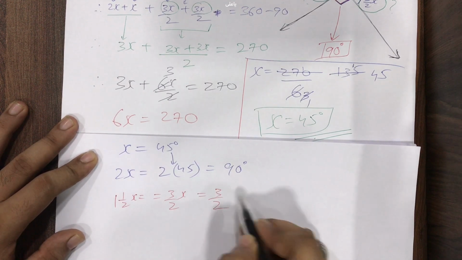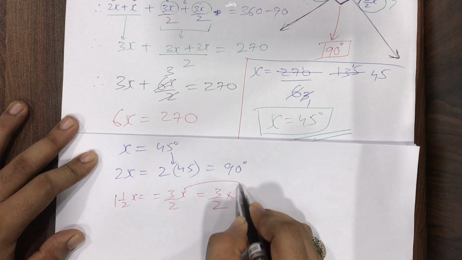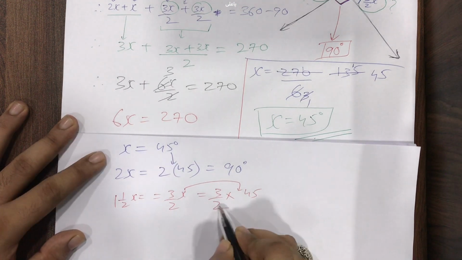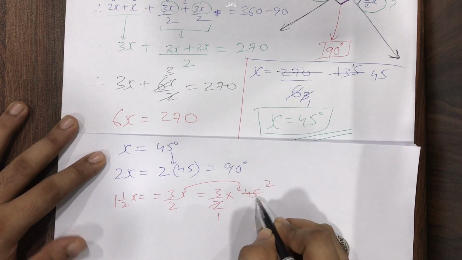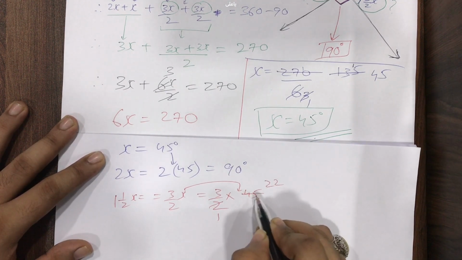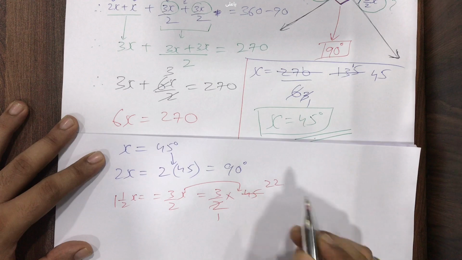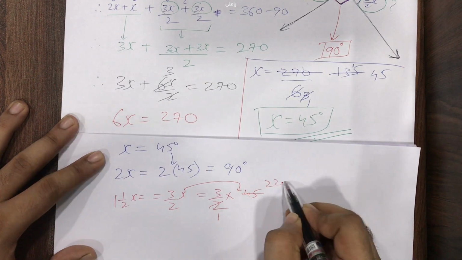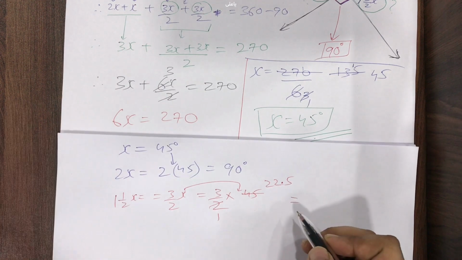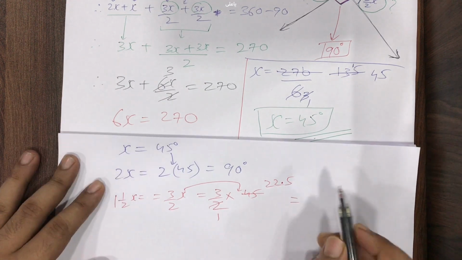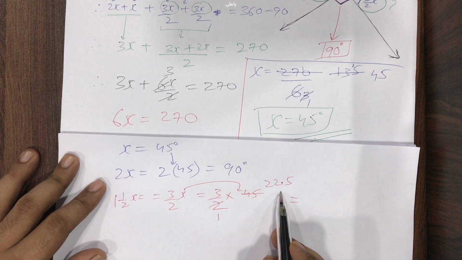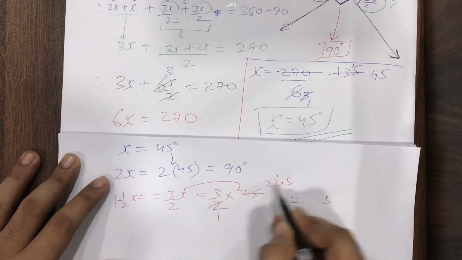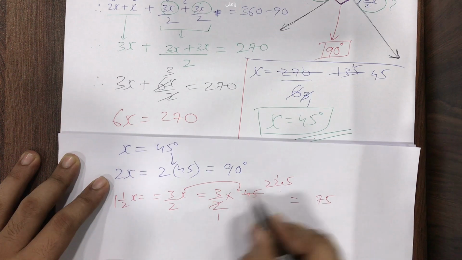I'll write as it is, multiplied by, at the place of x, what will I write? Value of x is 45 degree. So I'll write here 45. Okay, 2 1s are 2, 2 2s are 4. But here it was 5. So 1 is the remainder. If I put a decimal point over here, that 1 can become 10. 2 5s are 10. So this becomes 22.5 students. 22.5. So when you multiply this 22.5 with 3, 3 5s are 15, carry 1. 3 2s are 6 plus 1, 7. 3 2s are 6.